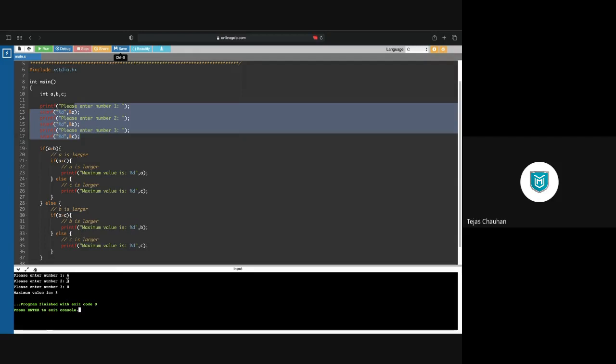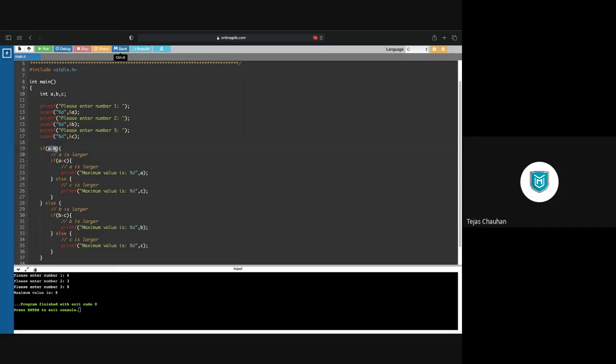You have 6, 3, and 8. At first place, you are comparing 6 and 3. Now 6 is greater, so you come here and you compare 6 with 8. Now 6 is not greater, तो आप else part में जाओगे, 8 को print करोगे. That's the flow. Okay. If I again run this code and give some other numbers, let's say 2,